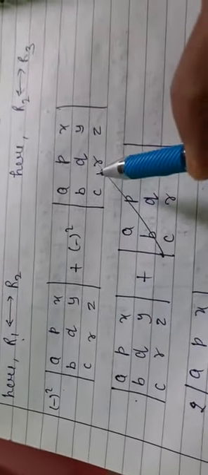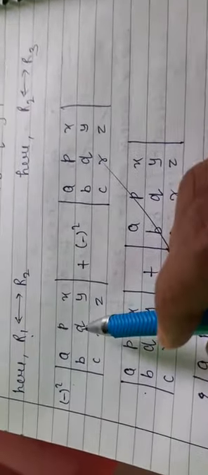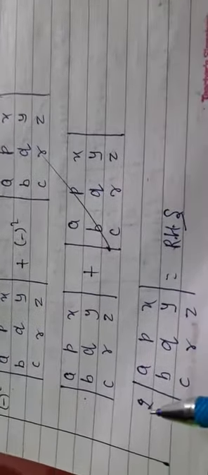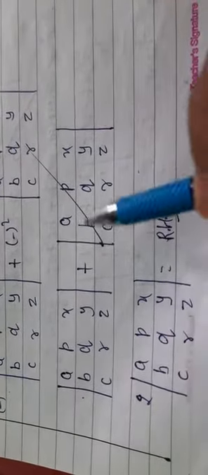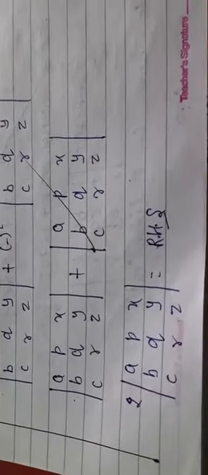Now compare both. After interchanging both are coming the same, so we will add them, it will become 2 times this determinant. Like x plus x is 2x, we will add these, so it is 2 times this determinant, which is your RHS. So by using properties we have solved this fifth question. Now come to the sixth. What is the difference between these first 5 questions and this sixth question? See this.